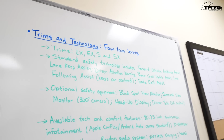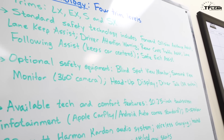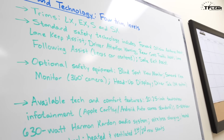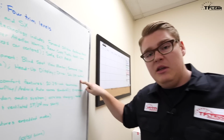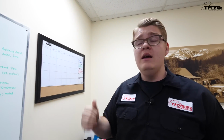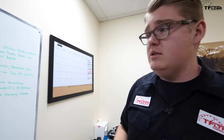Some optional safety equipment includes blind spot view monitor, a surround view monitor, which is a 360 top-down camera, a heads-up display, and driver talk, which is a PA system. So if you have a large family and you want to be talking to your kids in the back seat, there's a microphone and it'll play your voice in the speakers in the rear, which is a very interesting feature